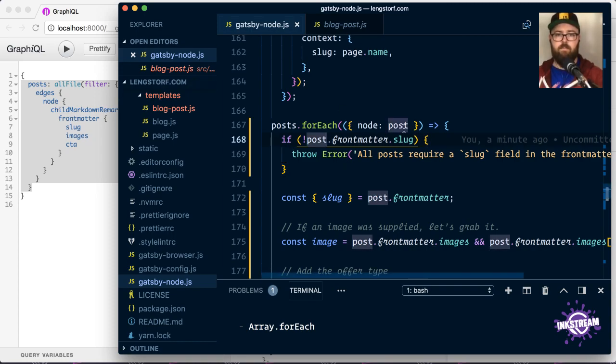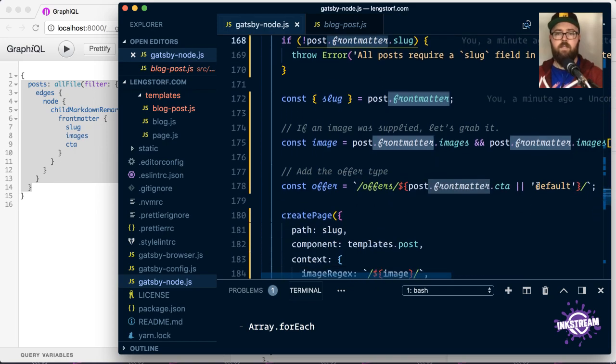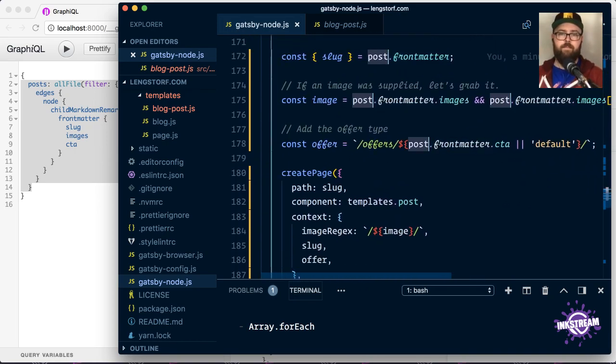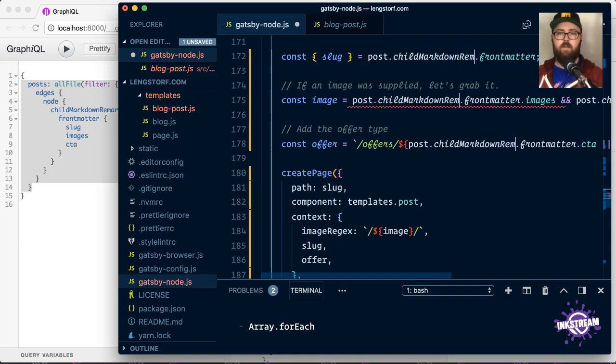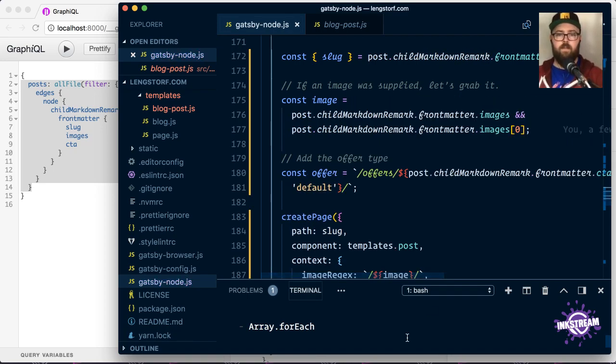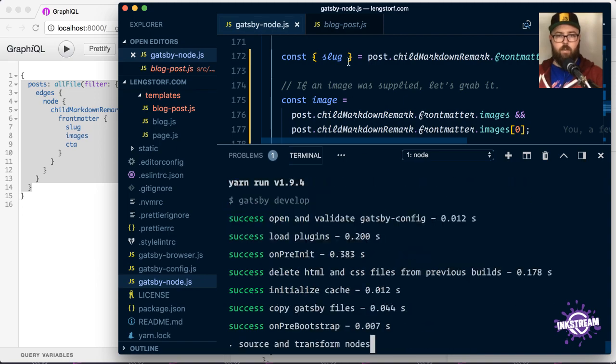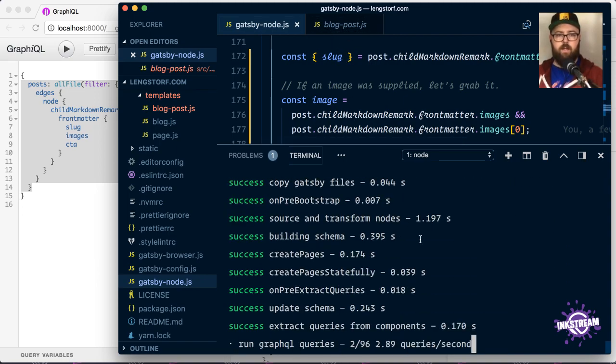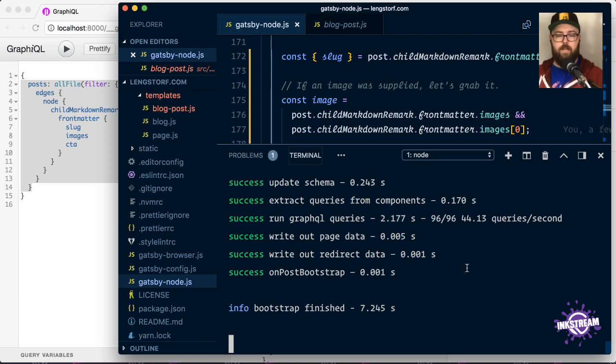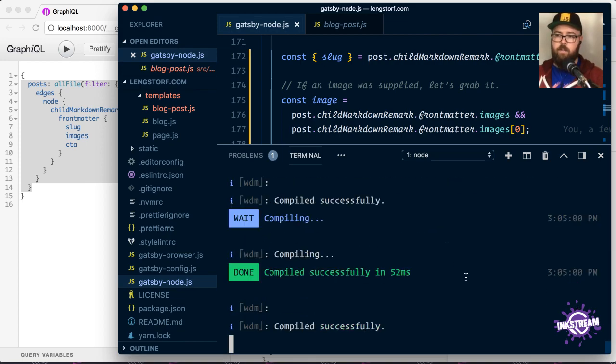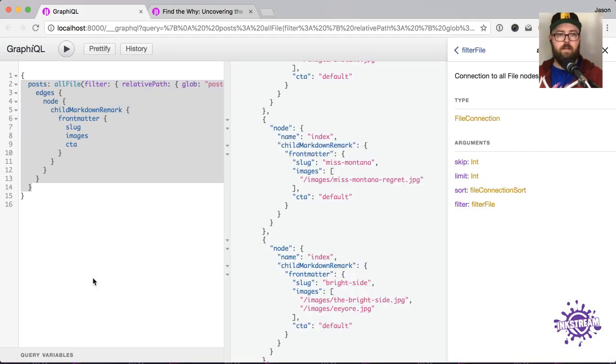So let's just add that in. So all the post.frontmatter stuff. So let's take frontmatter, do a quick find on each of these. Any others? All good? Child markdown remark. And now we should be able to run this. I think it's still going to explode because our actual post template doesn't have a query in it, but we might get just empty pages that are throwing console errors, like browser errors, and that would be okay, because that should mean that now we've got